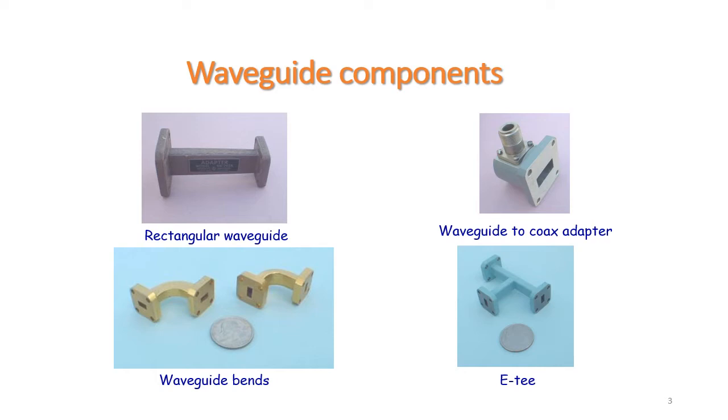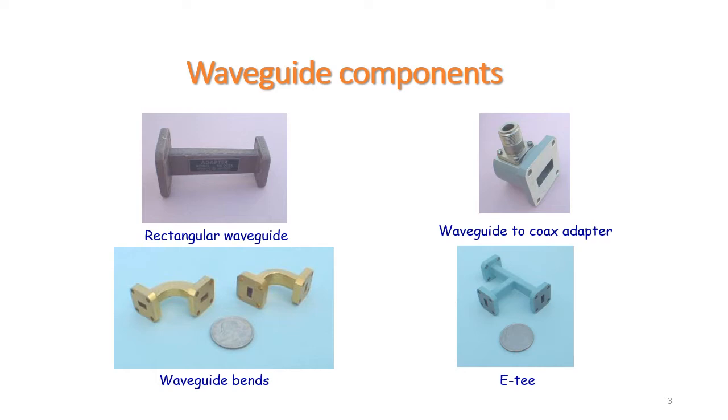Similarly, transmission lines are very thin structures deposited on a PCB, so they cannot handle very high power. But in microwave work, many times we require signals with very high frequency and very high power. To handle such signals, we need a different device that can carry the signal from one place to another, and that device is called a waveguide, a hollow metallic structure.